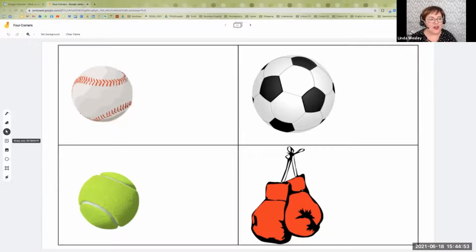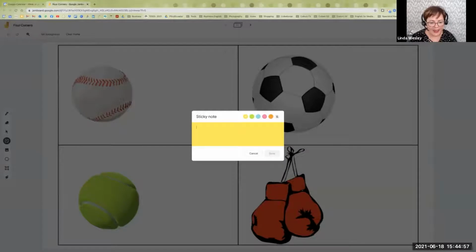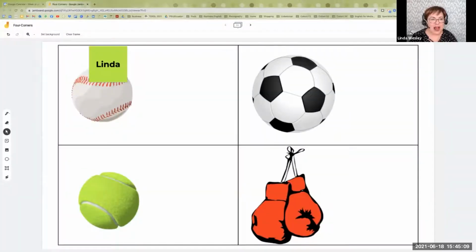I would like you to grab a sticky note. All you have to do is click once on the sticky, type your name. You can choose your color. It's up to you. And then I want you to add it to the box or the corner where it's your favorite sport.